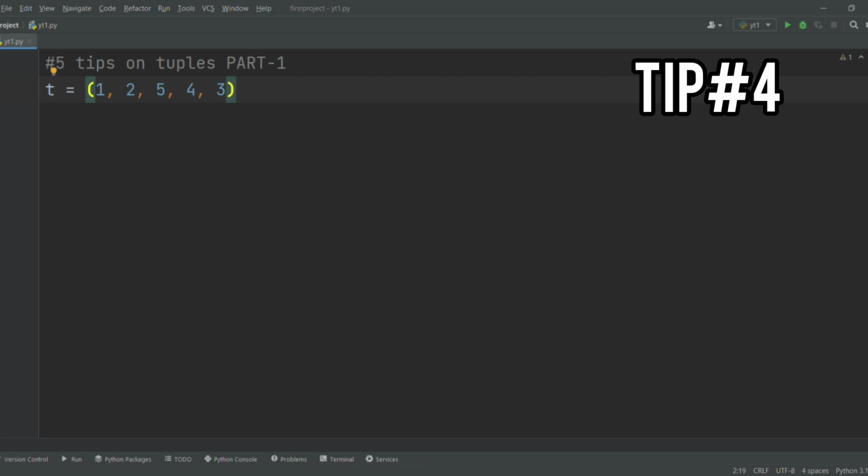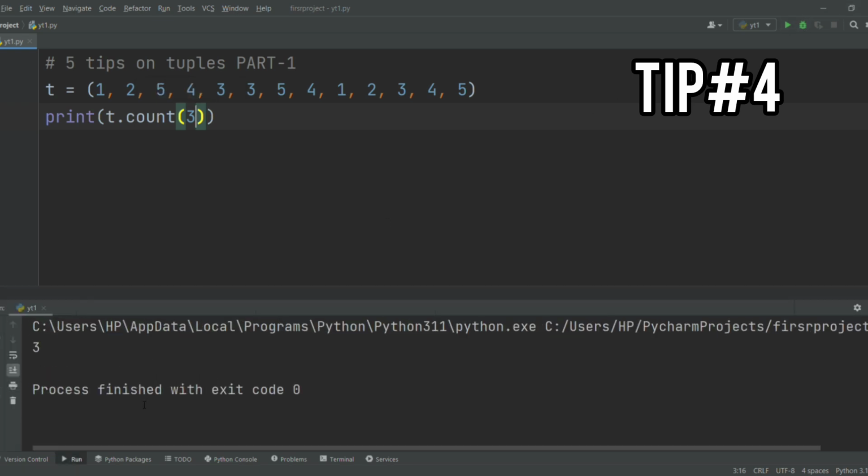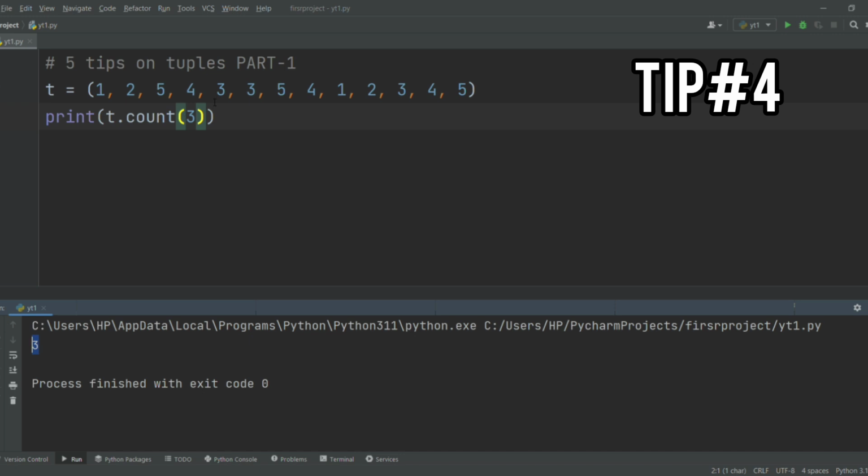So suppose here I have a bigger tuple. Let me create random elements in this, and now I ask you to find the count of say 3 in this tuple. Then you have used a for loop and also created a count variable, something like that. But here's an easy way to do that. You can write print and then you can write t dot count. And here I want to find the count of 3 for example. Now let's run this code. And as you can see 3 is present 3 times. Here's 1, 2 and then here's 3. That's an easy way to do this. Let's move on to the next step.